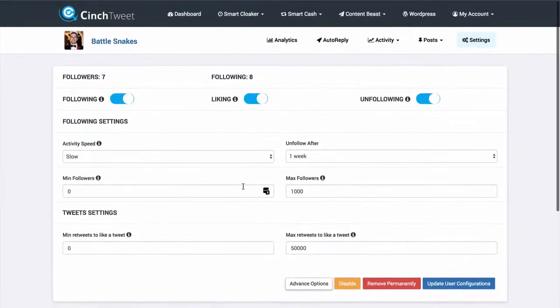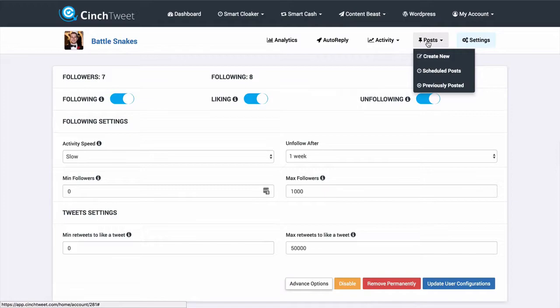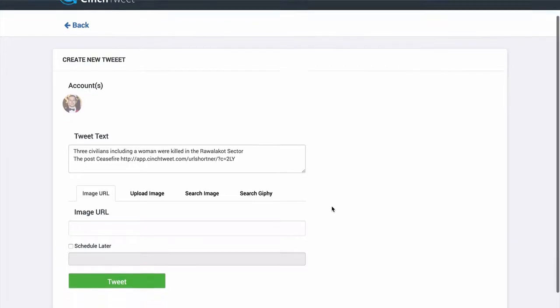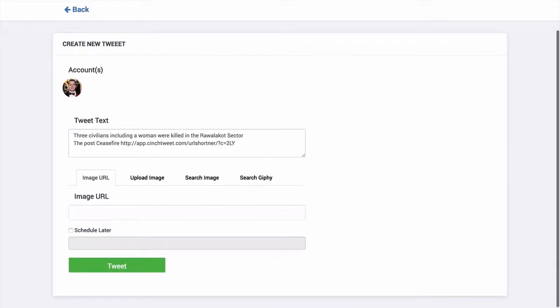Now, there's a few more things we can do here inside of the software. First off, we have Post up here at the top right. We can schedule a post and create new posts right here inside of the software. So all I have to do is simply select my account here that I want to tweet to. This is in case you have multiple accounts